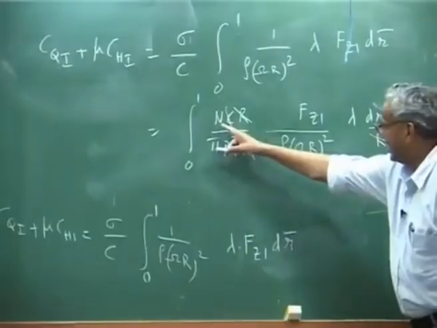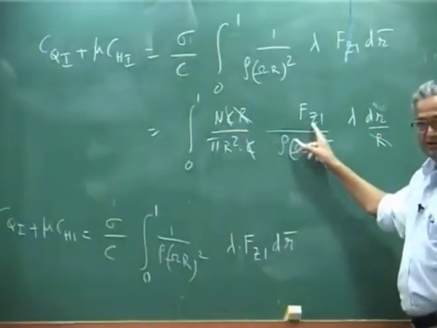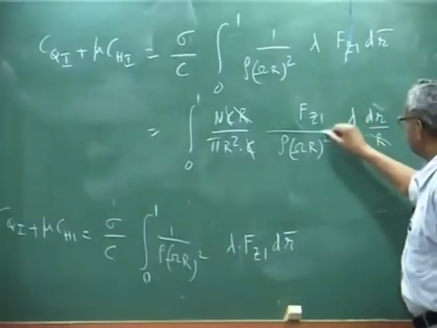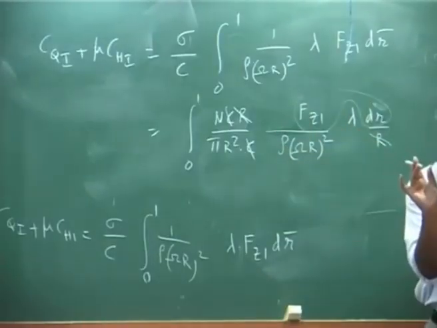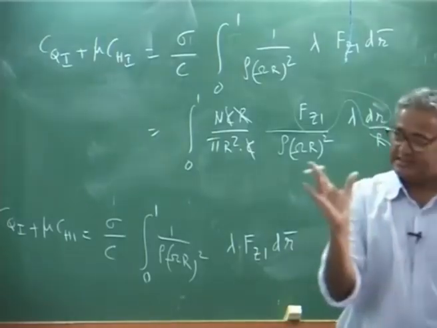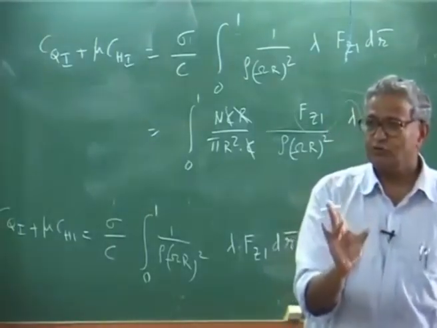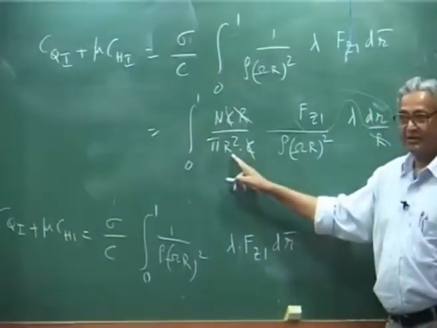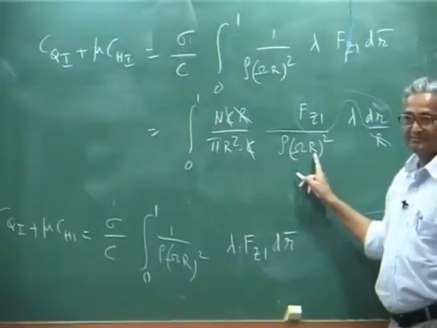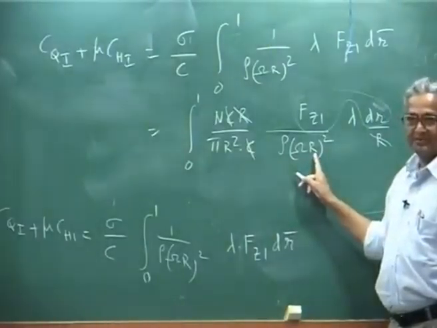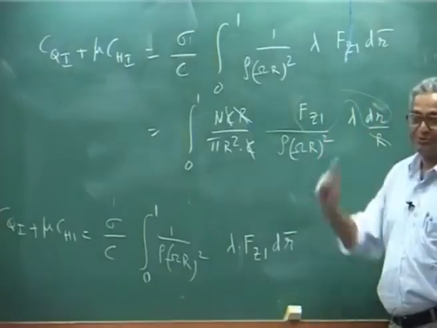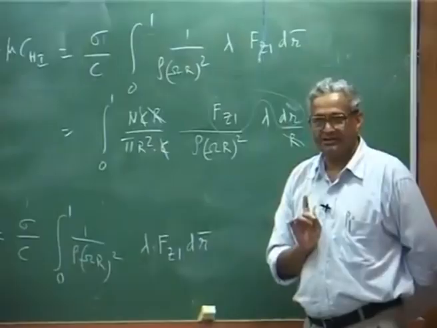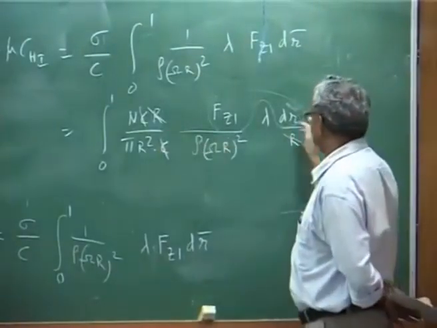You will have N Fz1. Fz1 dr is what? This is the force per unit length into dr, divided by rho pi r square omega r square. This is basically non-dimensional, which we use for thrust. N is the number of blades, right. So, this particular term is written as